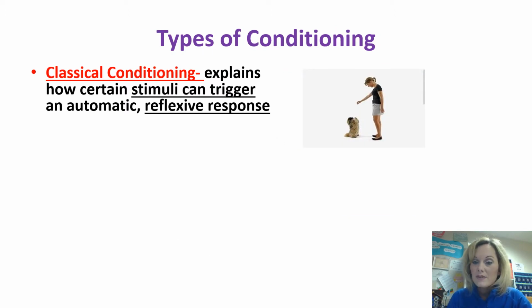So there are 3 types of conditioning. 2 are in the first sections, and the third one is in sections 3 and 4. So today in this segment we're going to talk about classical conditioning specifically, and then we'll talk about operant. So classical